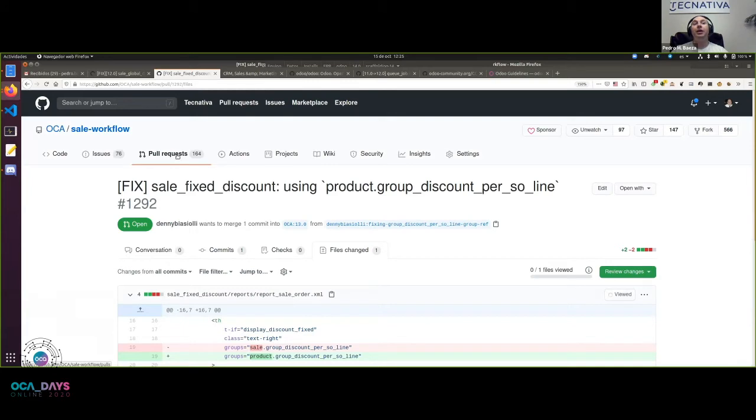You can see here 164 pull requests that are not merged, because people only do the pull request, but don't worry about the other part. And the other part is also important. We have detected a lot of things reviewing pull requests. And also, in your business culture, you have to introduce the peer review, not only for OCA things, but for